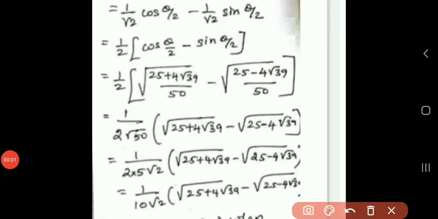The value of sin pi by 4 is 1 by root 2. Here it is a mistake there. So this is not root 2. This is simply 1 by 2 into cos theta by 2 minus cos pi by 4. Here also it is 1 by 2 only. It is no mistake here. Change this. So 1 by 2 sin theta by 2. From these two I can take 1 by 2 as common factor here. So that 1 by 2 (cos theta by 2 minus sin theta by 2).